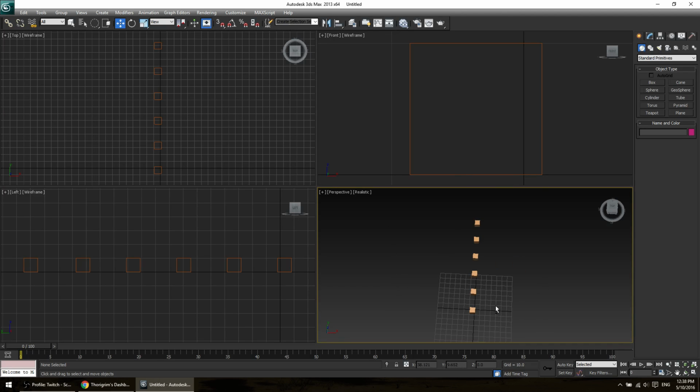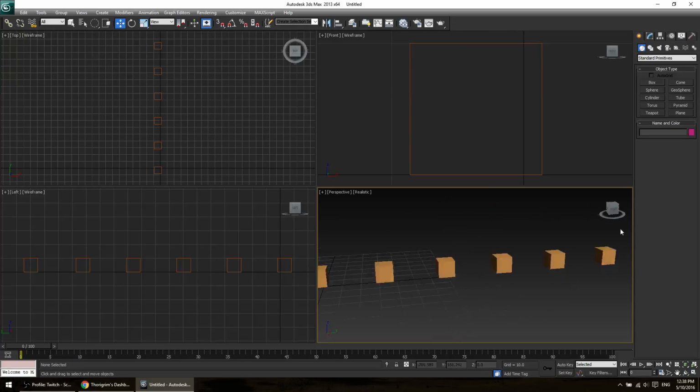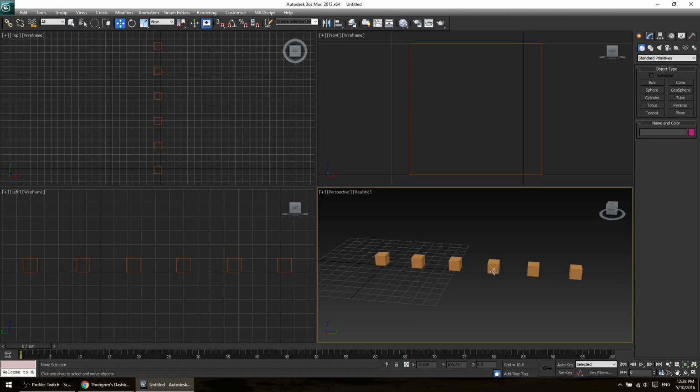Same goes with perspective. If you have nothing selected and you hit Z, it just does its best to try and center the camera between all objects in the scene. We're actually pointed at an invisible spot right here in the middle. Given that's what's happening with no objects selected, you can also have